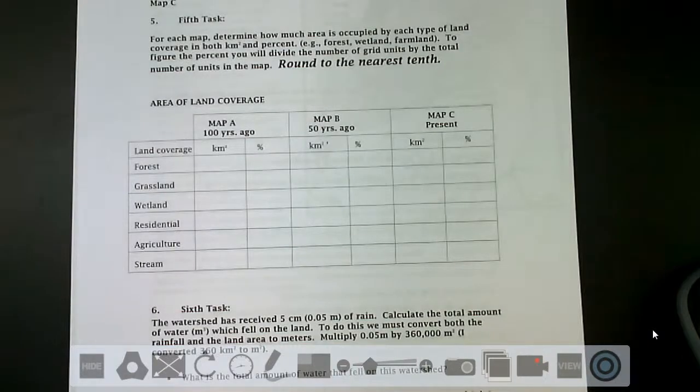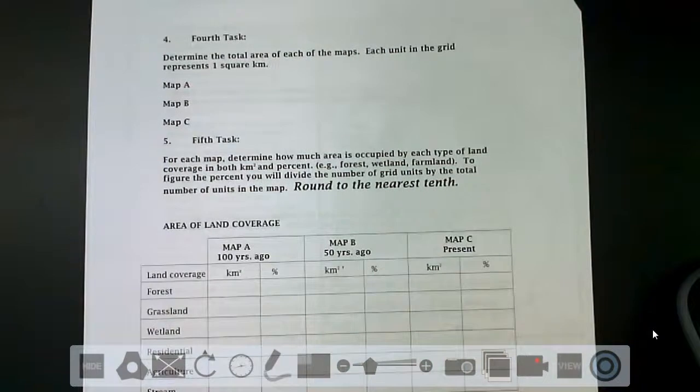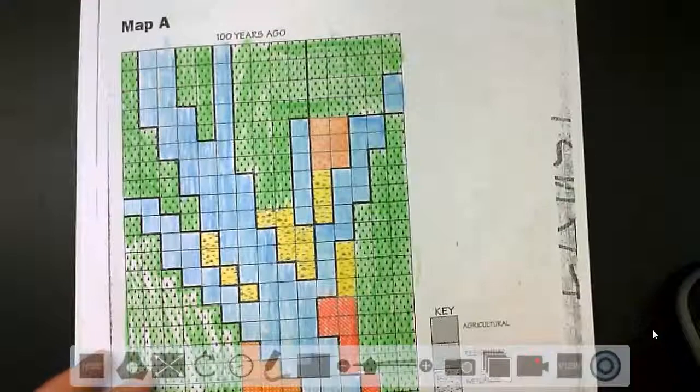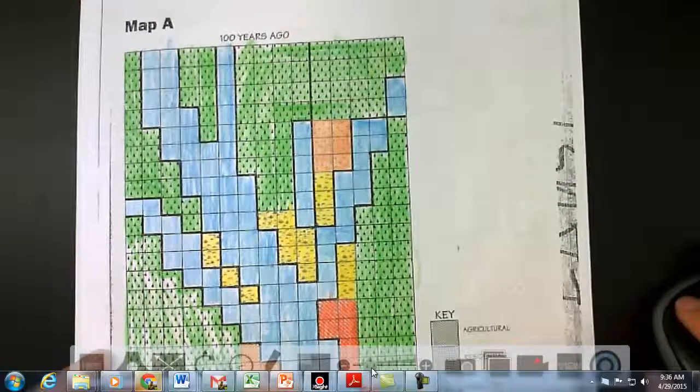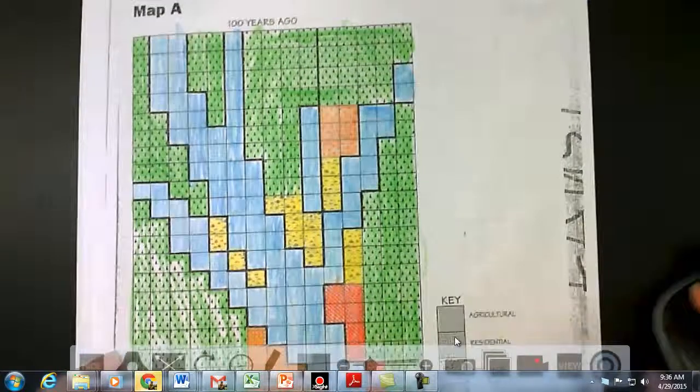Today I'm going to help you do the 5th task on your watershed project. In order to do the 5th task, you must do the 4th task so that you have the total area. So in order to determine the total area of each of the maps, you have to count each one of the boxes. An easier way to do that would be to count the numbers going across as well as the